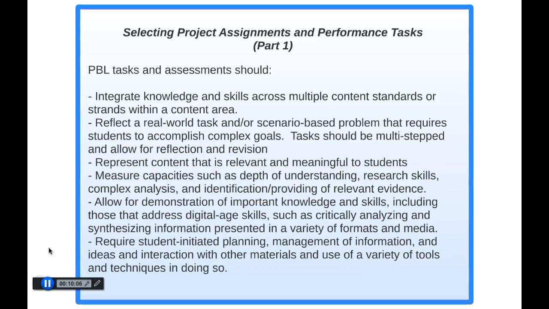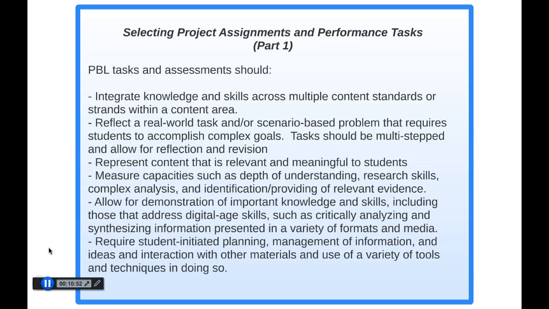Selecting project assignments and performance tasks. PBL tasks and assessments should integrate knowledge and skills across multiple content standards or strands with a content area, reflect a real-world task and/or scenario-based problem that requires students to accomplish complex goals. Tasks should be multi-stepped and allow for reflection and revision. Represent content that is relevant and meaningful to students. Measure capacities such as depth of understanding, research skills, complex analysis, and identification,